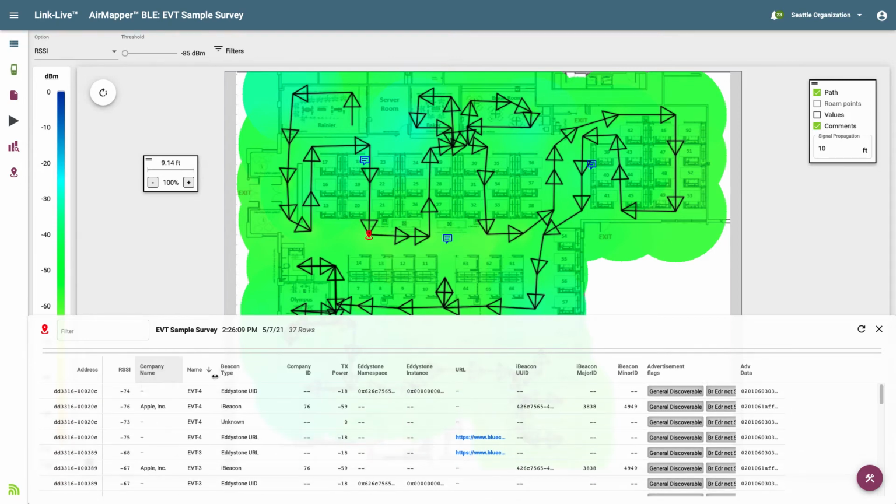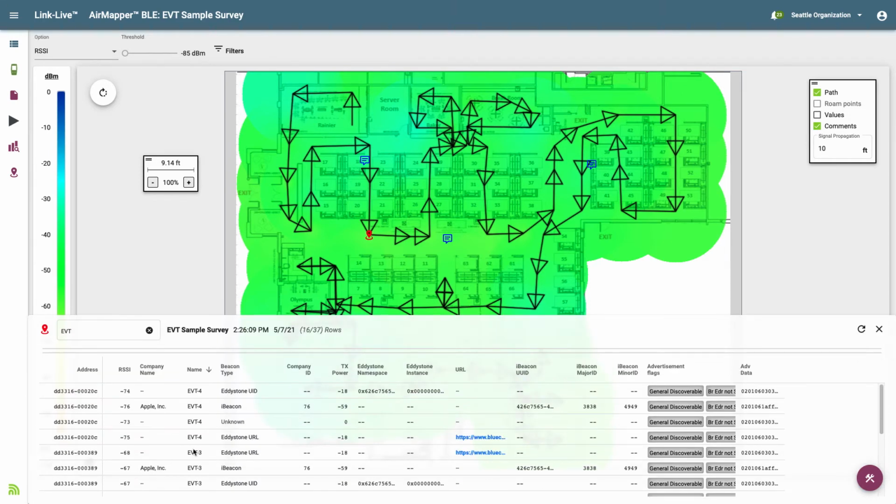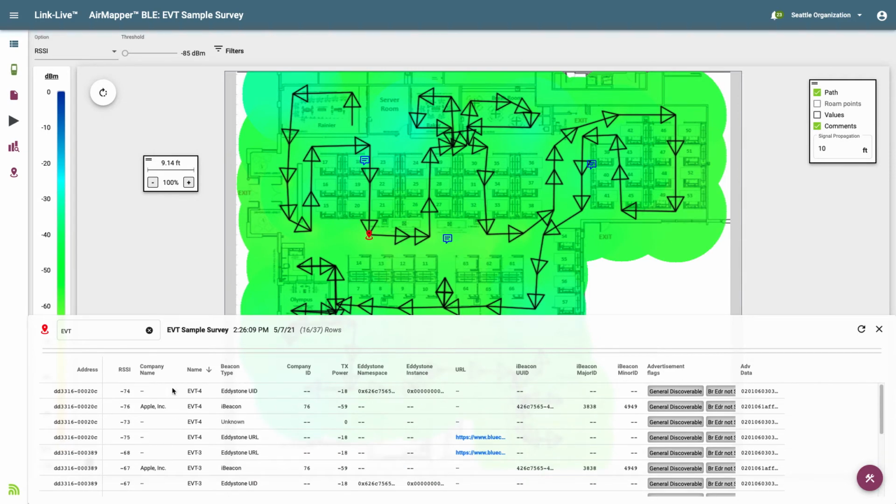The filter field at the top of this window may be used to filter down on specific results. This is a free string match field. For example, if I enter EVT, only those Bluetooth devices containing EVT will be displayed. This is a great way to reduce the devices in the survey point details down to only those devices of